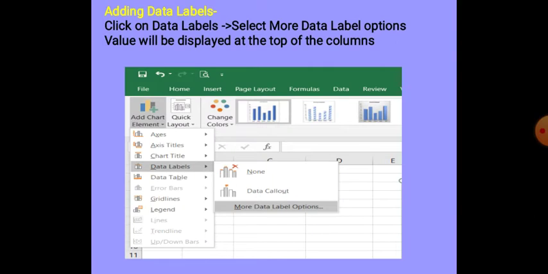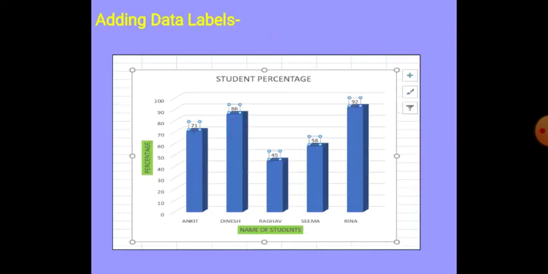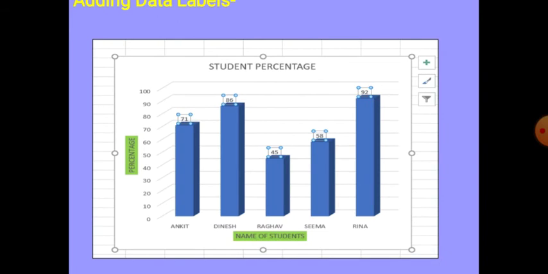Next children, we can add data labels. Data labels depend on us, on what value we want to show for each data value or data point. To add the data labels, we have to click on the data labels option and some sub options come. We click on the more data label options and see, you will find that every data point has a value showing. Like Ankit has 71%, Dinesh has 86%, Raghav has 45%.